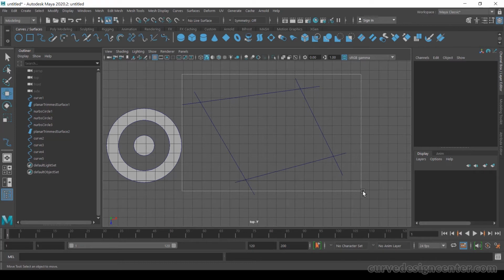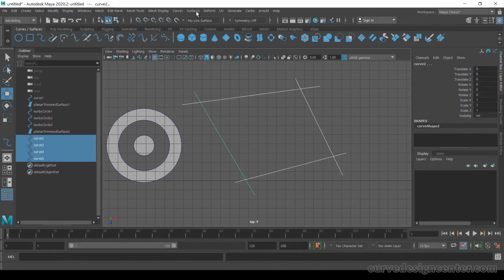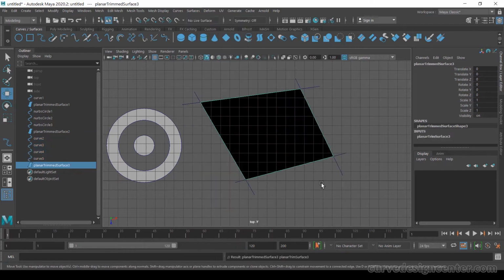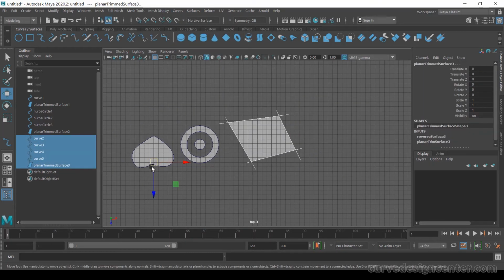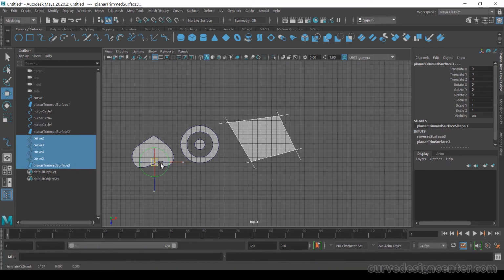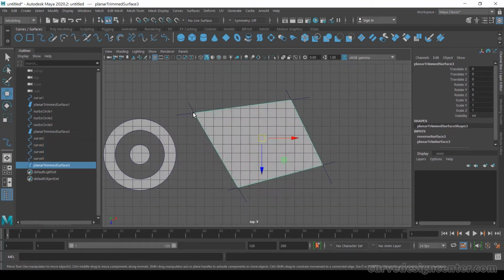Then I select all these lines. Then go to surface, planar, reverse direction, change pivot position. So press D and move to the center. Press D key again. So in this case, the planar is created inside the intersecting lines.